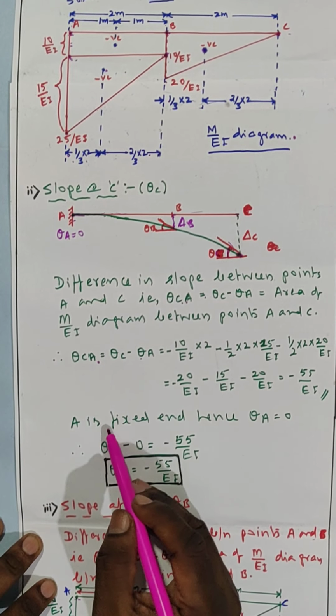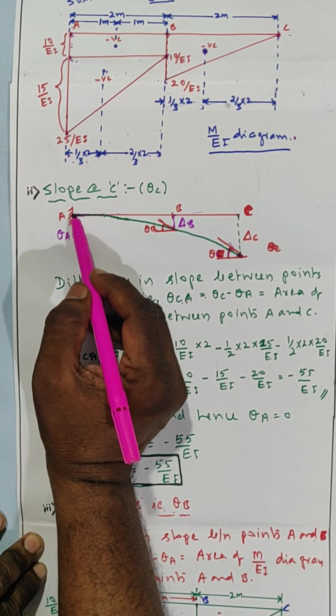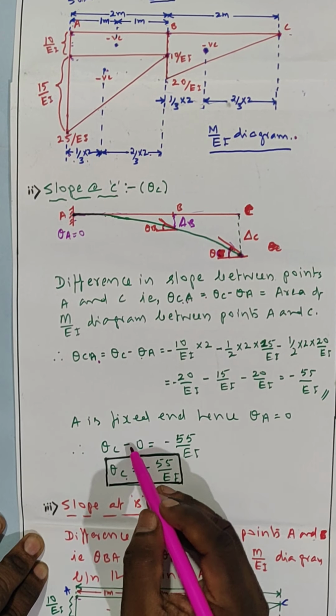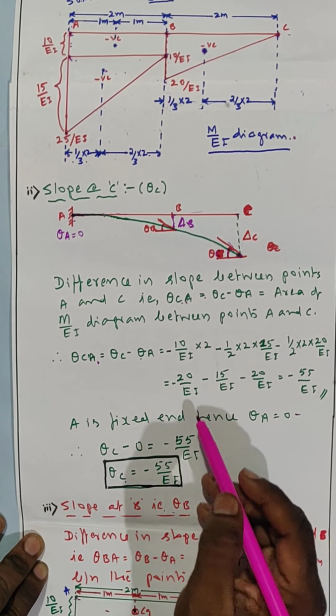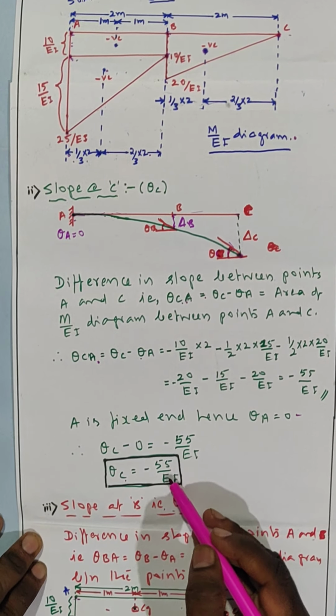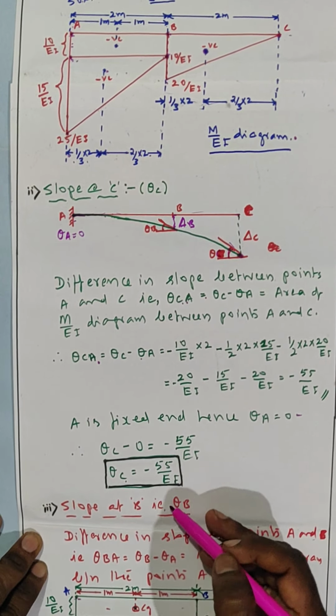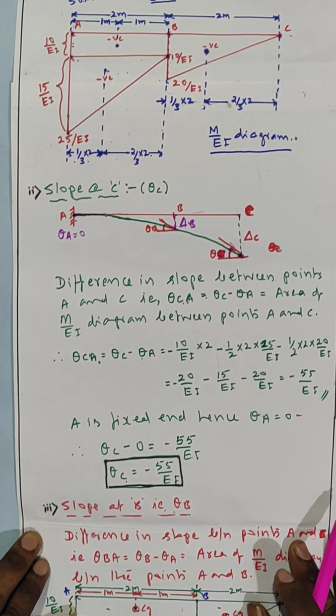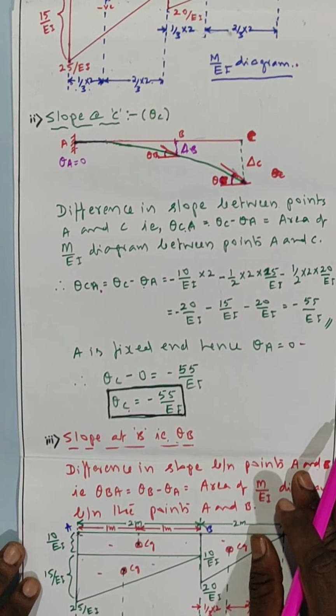Now we know at the fixed end theta A is 0, because the horizontal line and tangent coincide with each other, therefore theta A equal to 0. If in this equation you make theta A equal to 0, directly you are getting theta C is 55 by EI, because in a cantilever beam directly you are getting the answer for the slope. Next you will calculate slope at B,